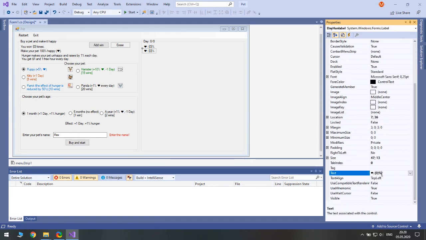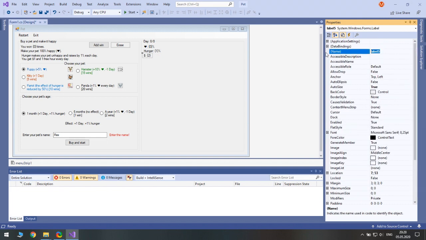Its text will be just hunger and the counter and percent. Next we should have some money, so dollar sign, and that's it. Oh, and its name, day money label.